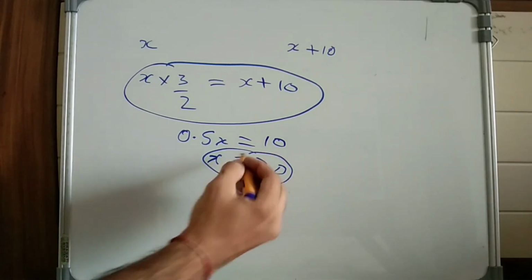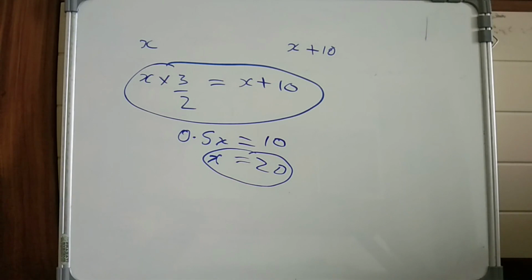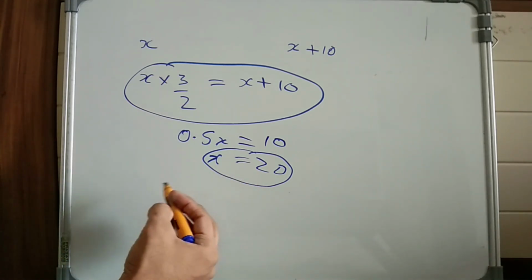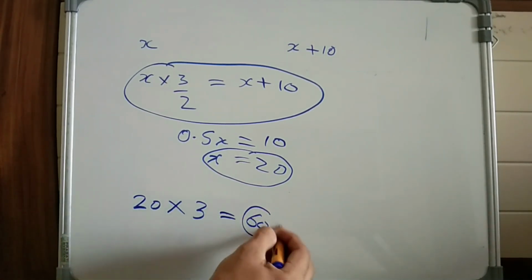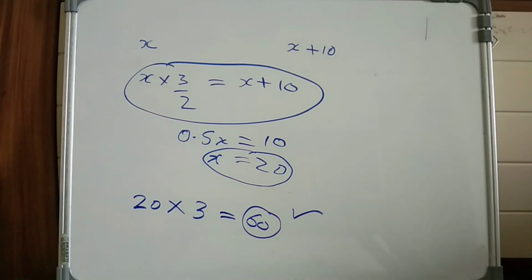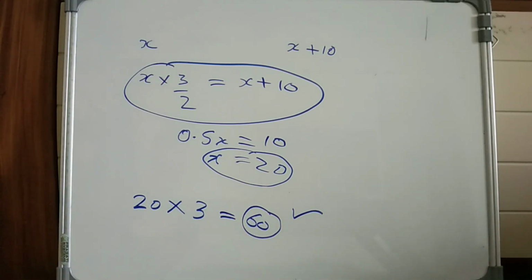So initially there were 20 employees, right? Now the question asks how many more employees are needed. Time is one third, so employees should be three times the initial. So the new employees will be 20 into 3, that is 60. So 60 will be the answer to this question. Simply, if time is reducing to one third, then new employees have to be three times the old employees. There were 20 employees, and into 3 will be 60. That's the answer to this question.